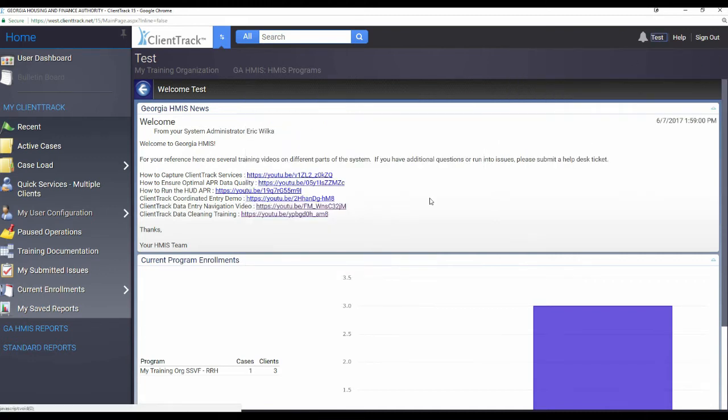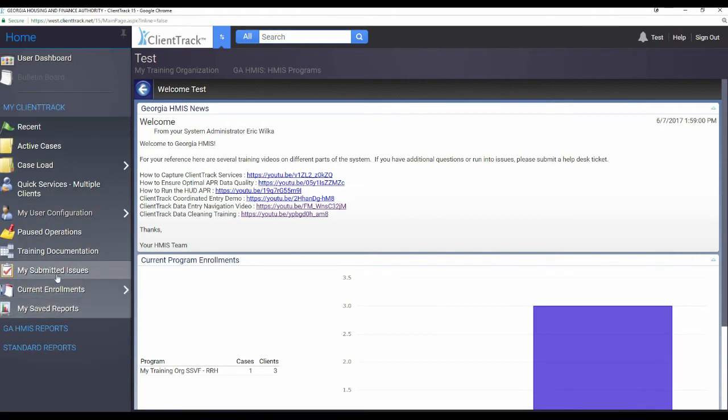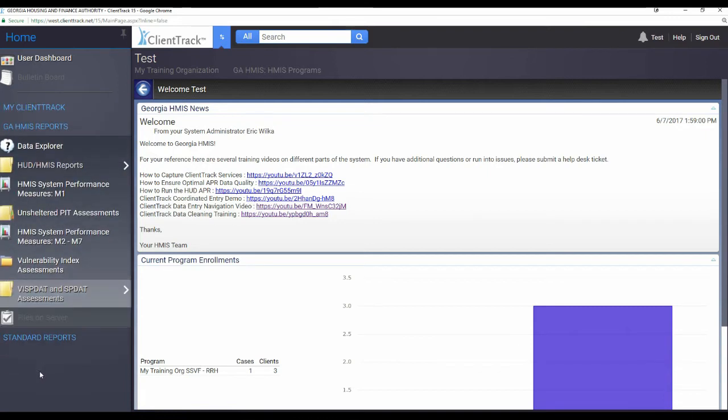Now that we've gone through that, we can go ahead and get on to some of the navigational features of ClientTrack. So when you first log in, you are taken to what's called the home workspace. And you can tell it's the home workspace by looking at the top left here and you'll see home. Workspaces kind of function like tabs, and on each tab or workspace you will have different menu options here and also different menu groups. So these would be the menu groups, and then these individual things would be the menu